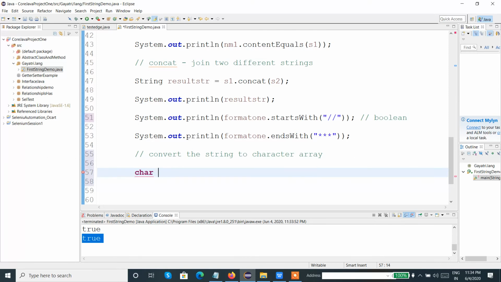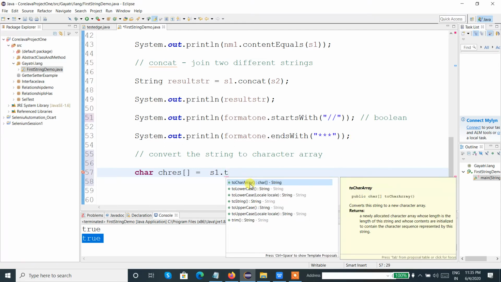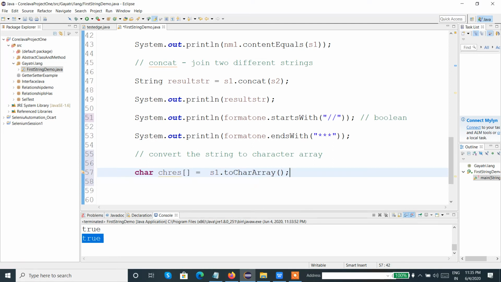Return type will definitely be a character array, and we can say s1 dot toCharArray. This is the way we can write the code, and it will convert the string to a character array and store it in a character array. So we have created this character array to accept the string values character by character.